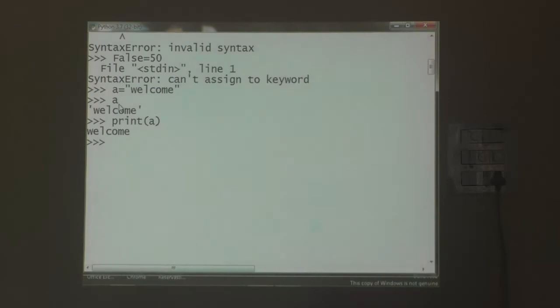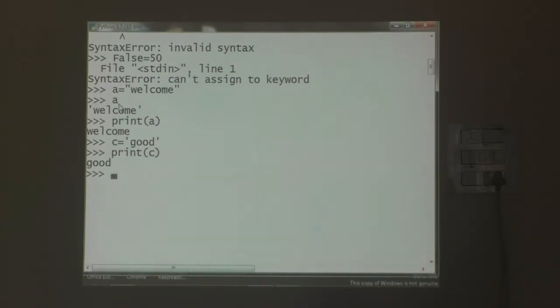One more example. Using single quotes is also valid. Print of C, what will happen? Same thing. The given sequence of characters is enclosed within single quotes or double quotes. That's the string literal, and the value is fixed.